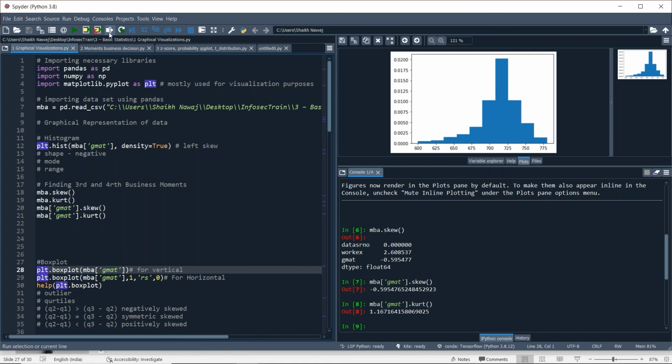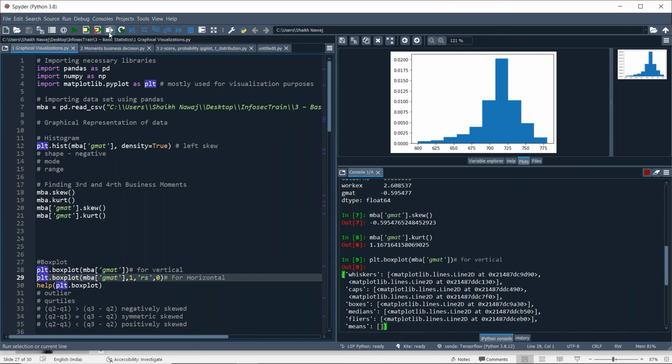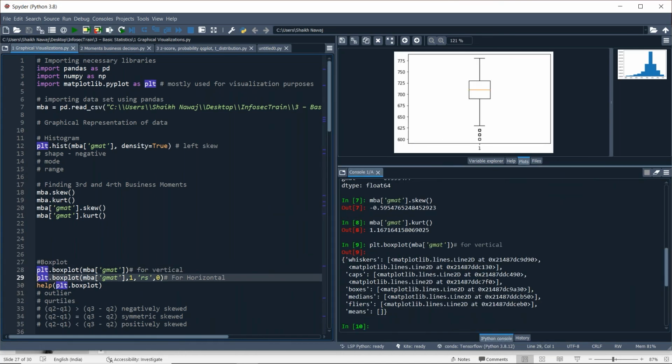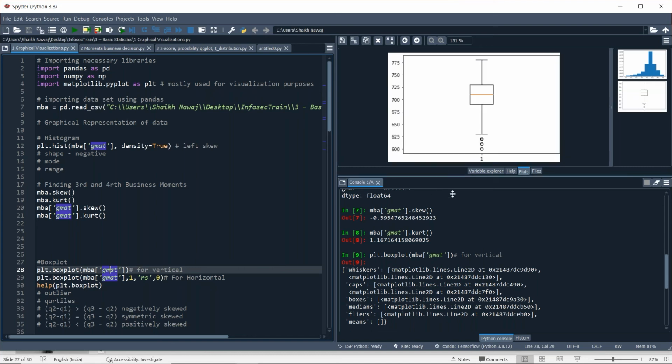We are not analyzing this data, we are just looking at insights of histogram, what skewness and kurtosis are, and how to find them in Spyder. Using the matplotlib library, plt.boxplot, and in the brackets you mention the column name of your data. Then it will show you the box plot.